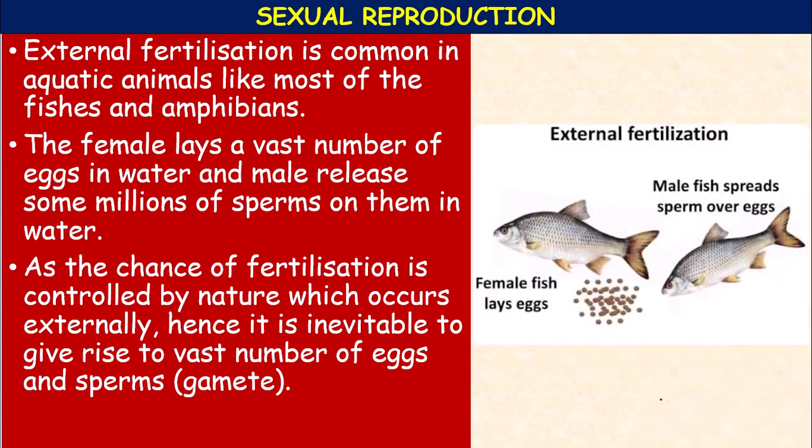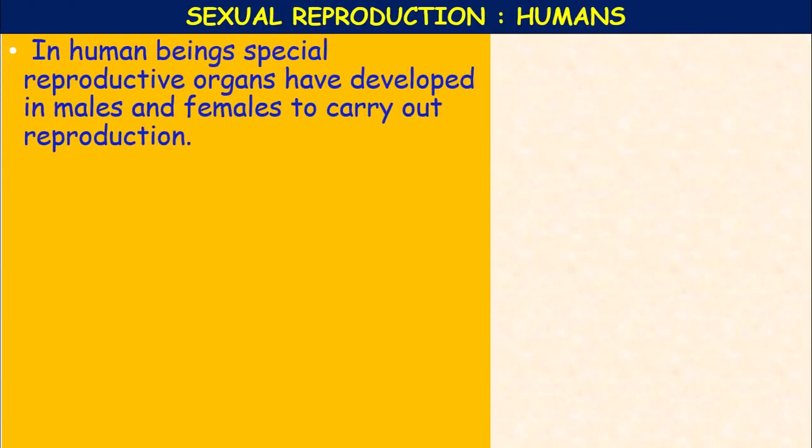Okay, so external fertilization in fish, if you see, the male fish spreads the sperms over the eggs and the female fish lays the eggs. So the process of fertilization takes place outside the body of the female animal, so it is called external fertilization. Okay,